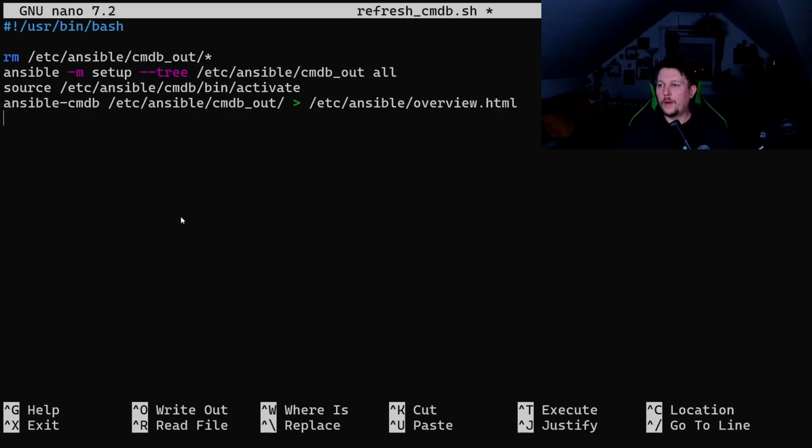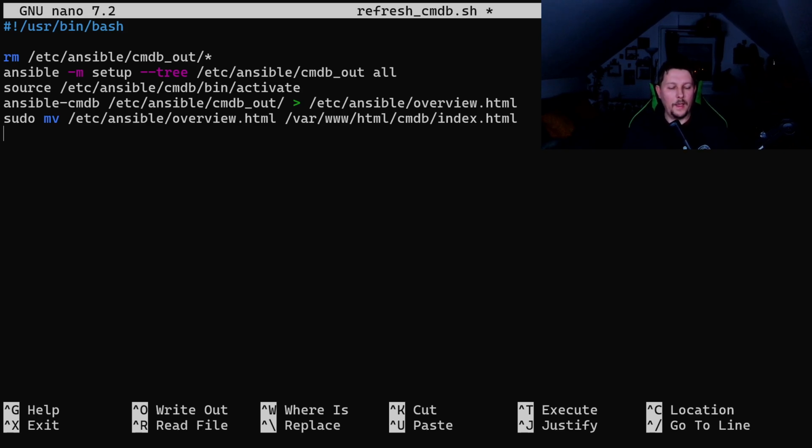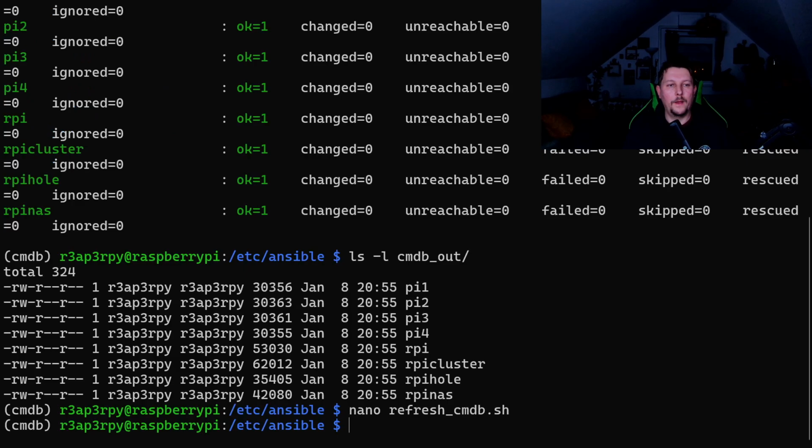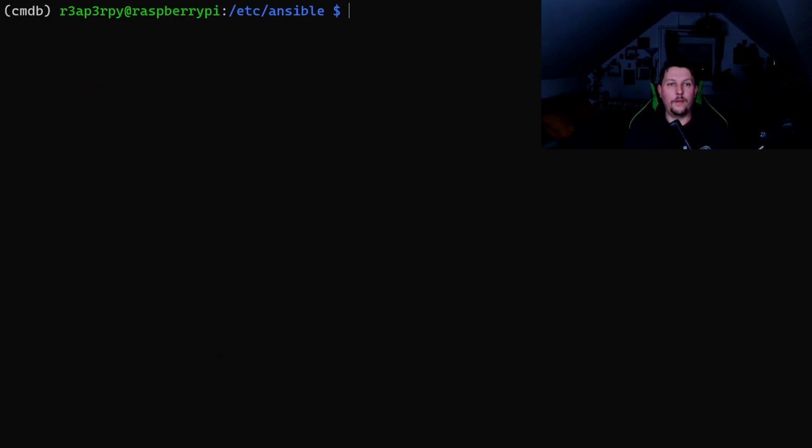So now what we can do is to use the sudo mv /etc/ansible/overview.html to /var/www/html/cmdb/index.html. And finally, the chown root, and we will pass the -R to the /var/www/html/cmdb folder. Good. So now, if we run our refresh CMDB,